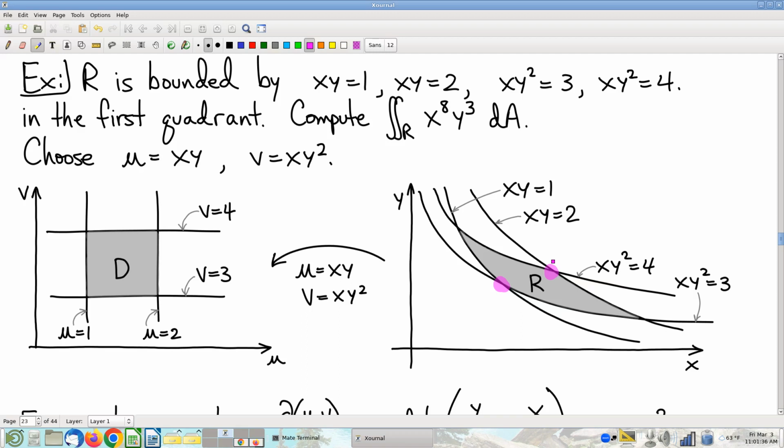By the way, just in case you think I might have made this example up, not really. I want to let you know where this comes from. Y'all are engineers, and y'all are going to eventually see something along these lines if you take a course in thermodynamics. One of the things they talk about is something called a Carnot engine, or a Carnot cycle. I saw this in a physics thermo class. But it serves a very important theoretical purpose in thermodynamics, and computing the efficiency of a Carnot engine involves